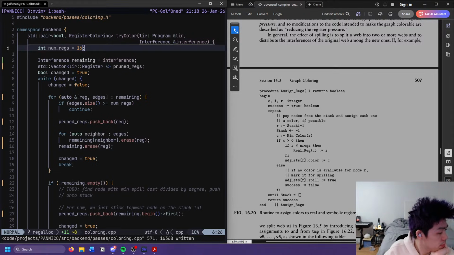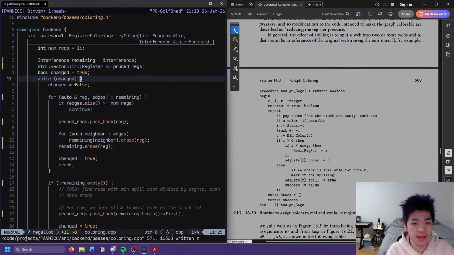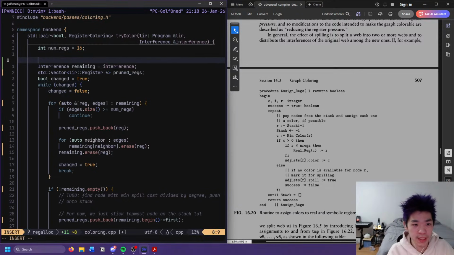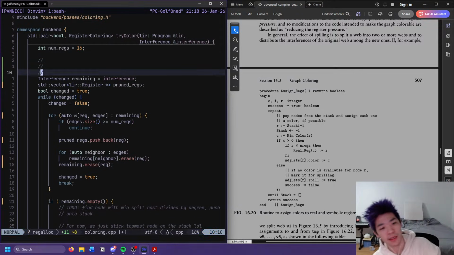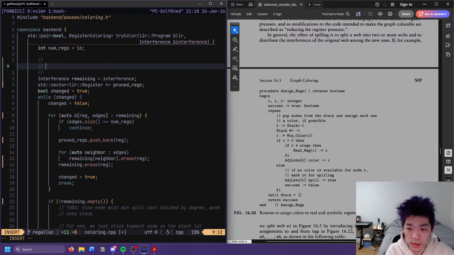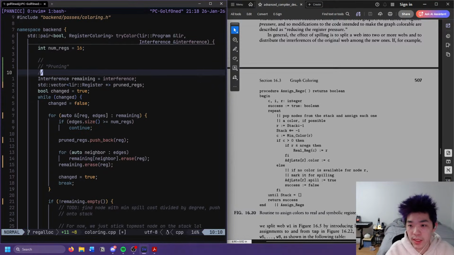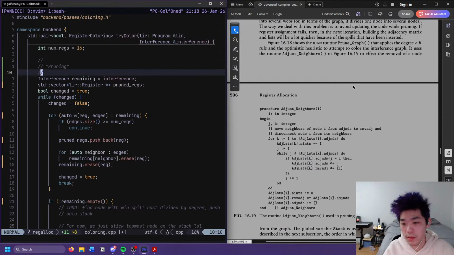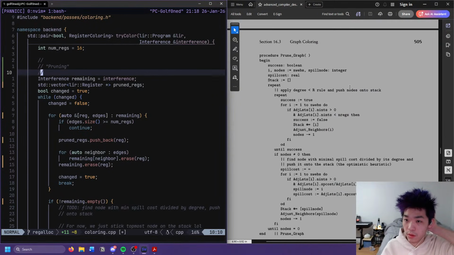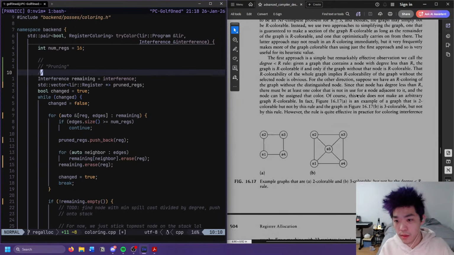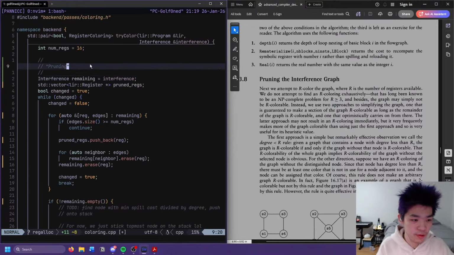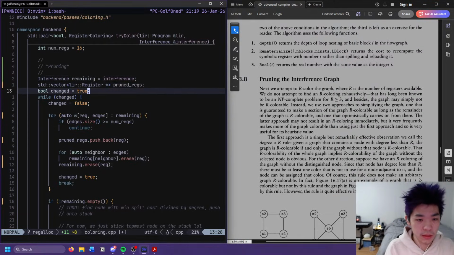Okay, what am I doing? Okay, so this is all pruning. I guess I should probably comment this, because this is kind of like 3 functions in one. Yeah, we can call this pruning, or more specifically graph prune. I guess we could just call it pruning and life is good.